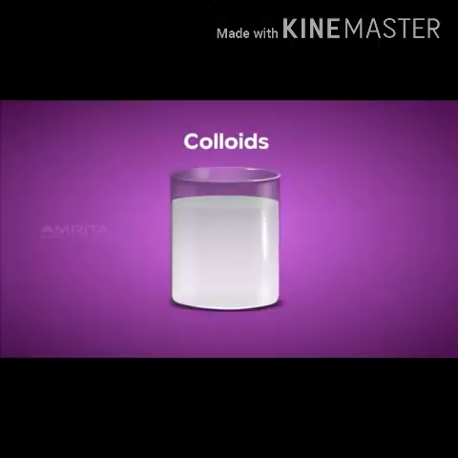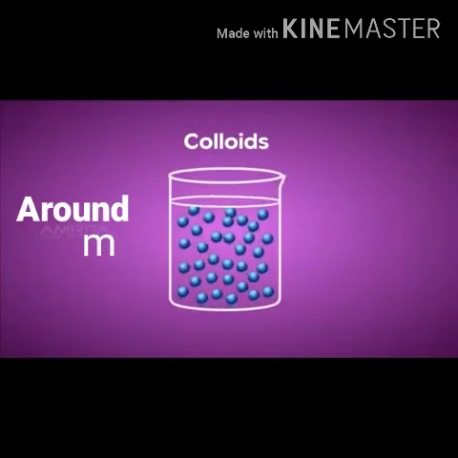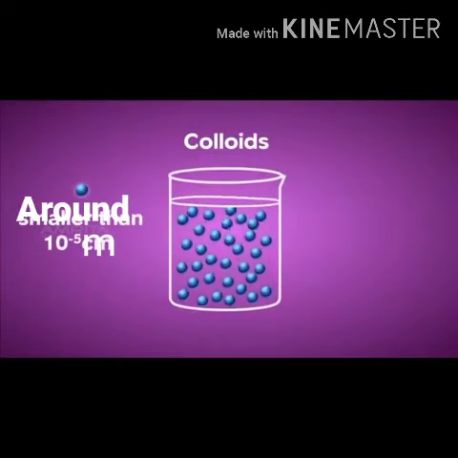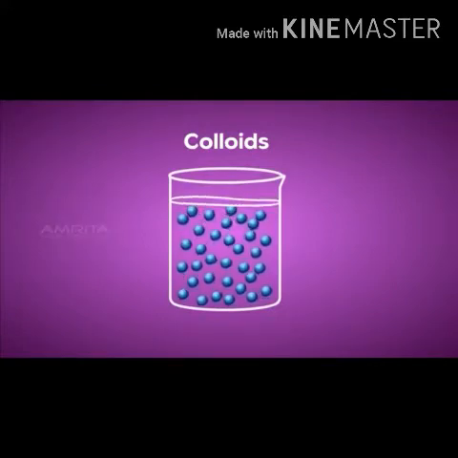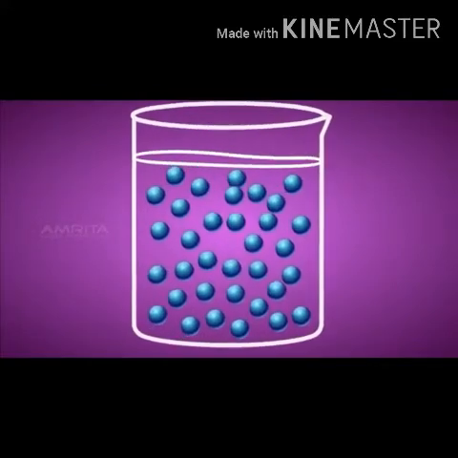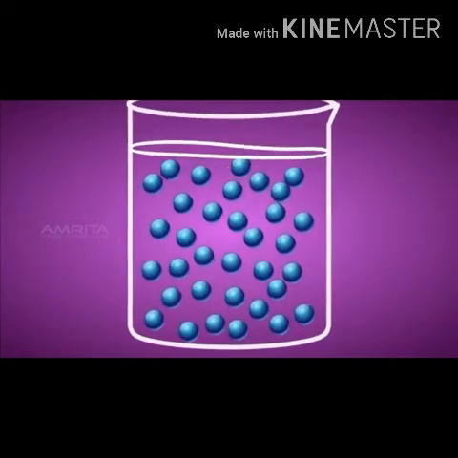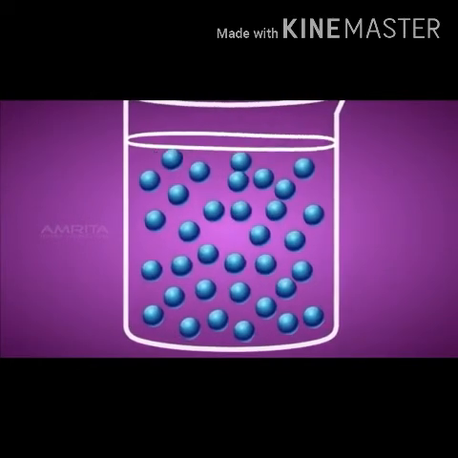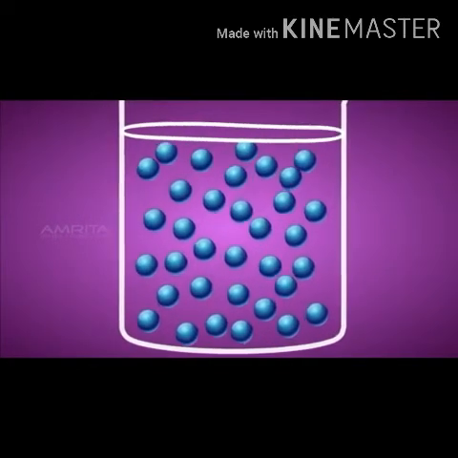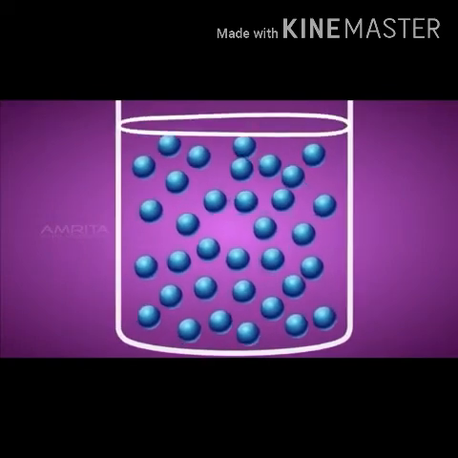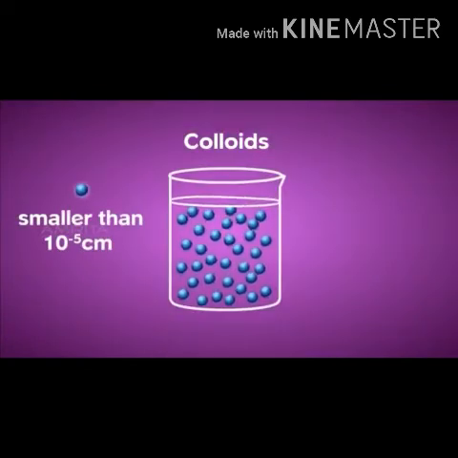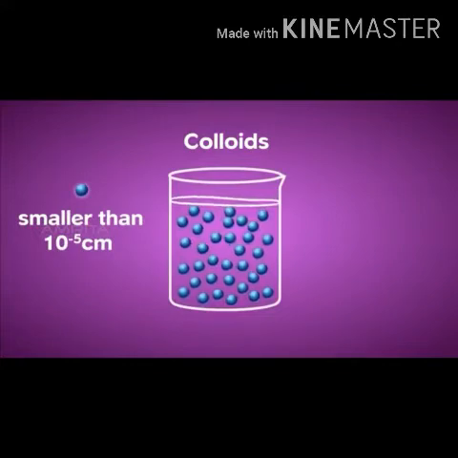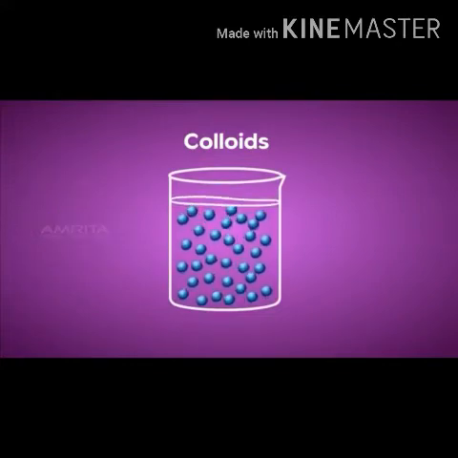The heterogeneous mixture of milk and water formed in the above activity is an example of a colloid. The diameter of a colloidal particle is around 10 raised to minus 5 meter. Therefore, they cannot be separated by ordinary filter paper. Milk is itself a colloid. In it, the solid and liquid particles of protein, fat, etc. having a diameter around 10 raised to minus 5 meter are dispersed in the aqueous medium.